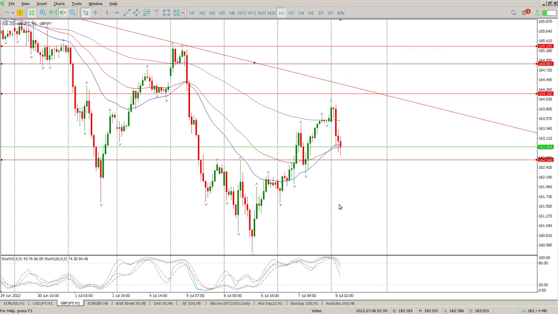So basically these two levels are the ones to pay attention to. To the upside, 164.160. To the downside,